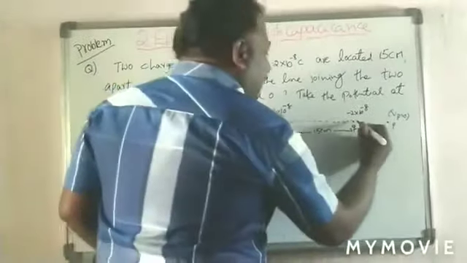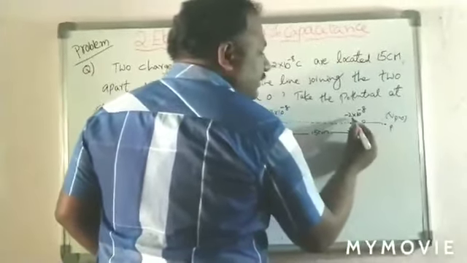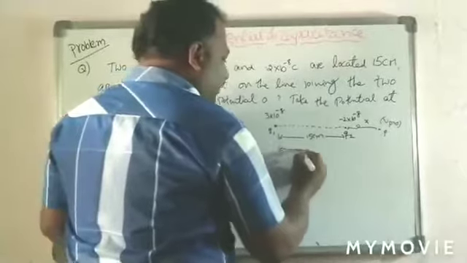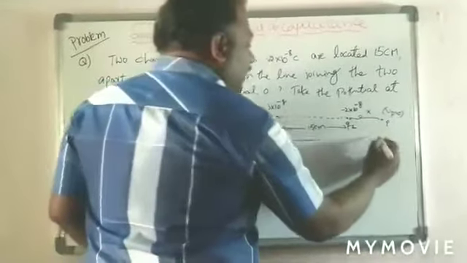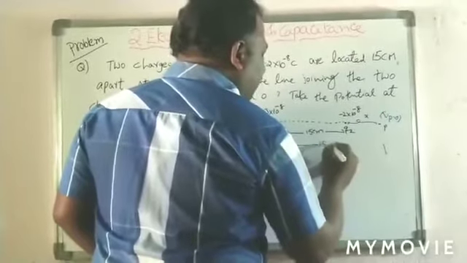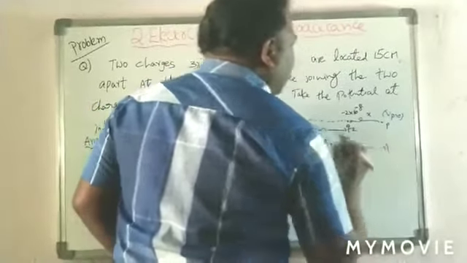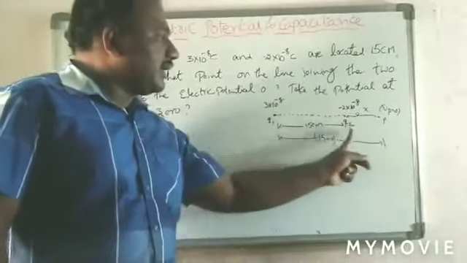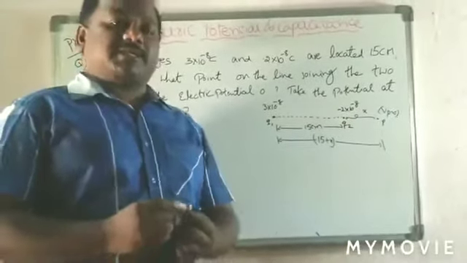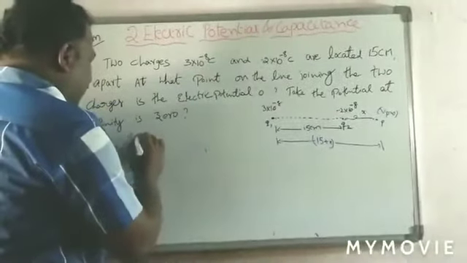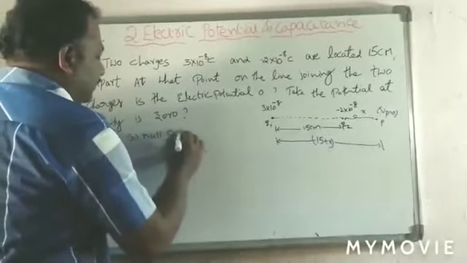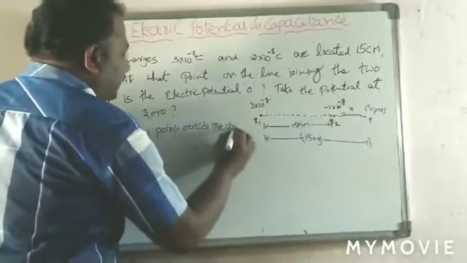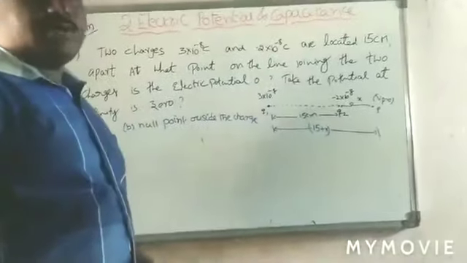Important problem. Here the distance between the least charge and the null potential point is taken as x. Then the distance from charge q1 to the null potential point is 15 plus x centimeters. Remember, in the previous case, in between, we took 15 minus x. It is outside, so 15 and an extra x is there. So total 15 plus x. And next one is the null point outside the charges. Important problem.